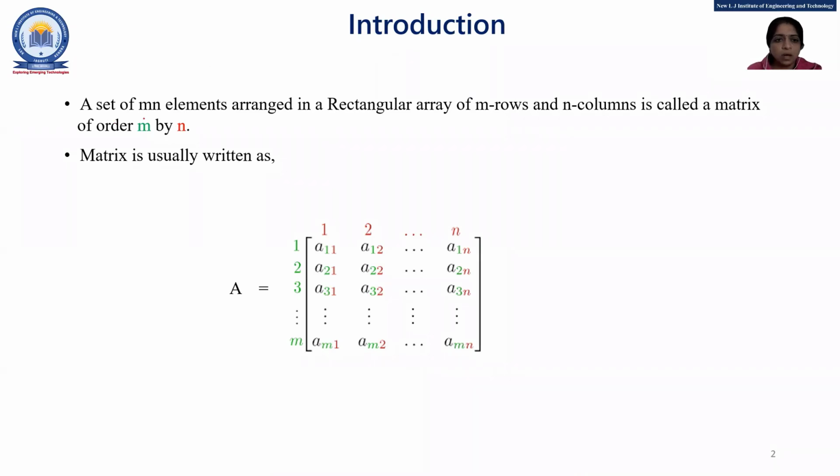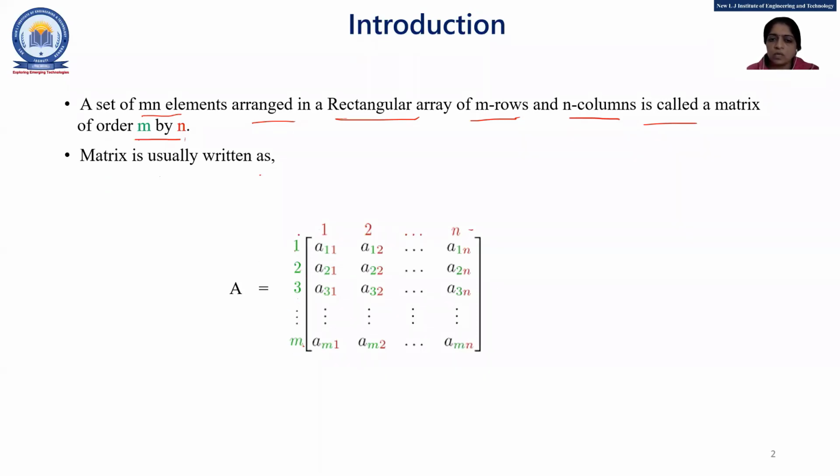A set of mn elements arranged in a rectangular array where m rows and n columns is called a matrix of order m by n, and that matrix is usually written as, see here, m rows. So this one is number 1, 2, 3, up to m rows, and n columns, so 1, 2, 3